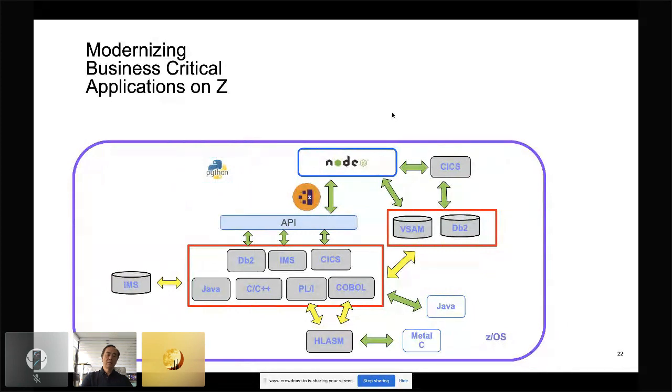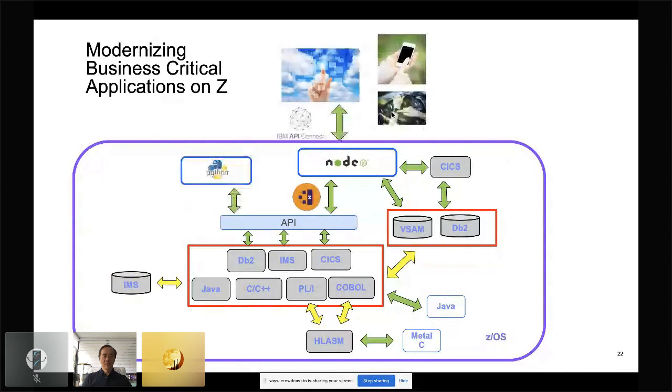Then you can look at integrating it to the world with the cloud, with mobile, right, with mobile devices and things like that. And IBM also provides something called API Connect that allows you to manage all these APIs as well. So I'm just trying to put together kind of a possible picture as to how